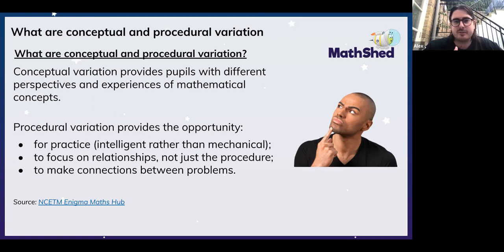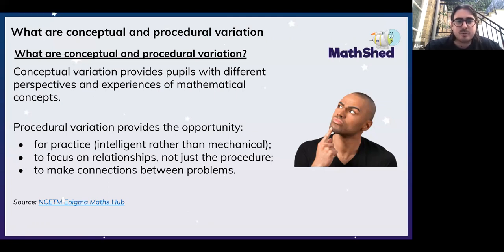So if you had a series of number bond questions, it wouldn't just be a random assortment of them. They would be sequenced in a way to highlight each of the bonds, and for children to discuss. Question A was 8 plus 2 equals blank, but then question 2 was 10 equals 2 plus blank. Again, they're using the same number bonds, but in different ways. And you could discuss with them, what's the same about these two number sentences? What's different? So on and so forth. So that's a way